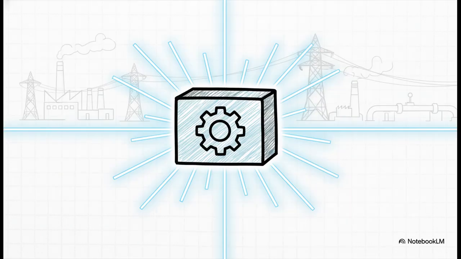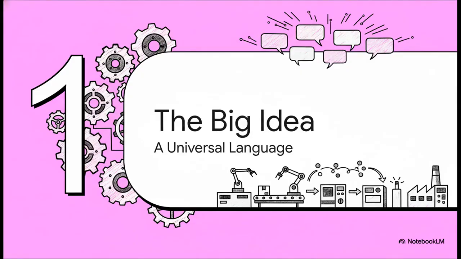It's a digital language that was born way back in 1979, and it's called Modbus. Yep, it's been the bedrock of industrial automation for over 4 decades now. Really, it's the unsung hero of our modern world. So let's get into the big idea here.